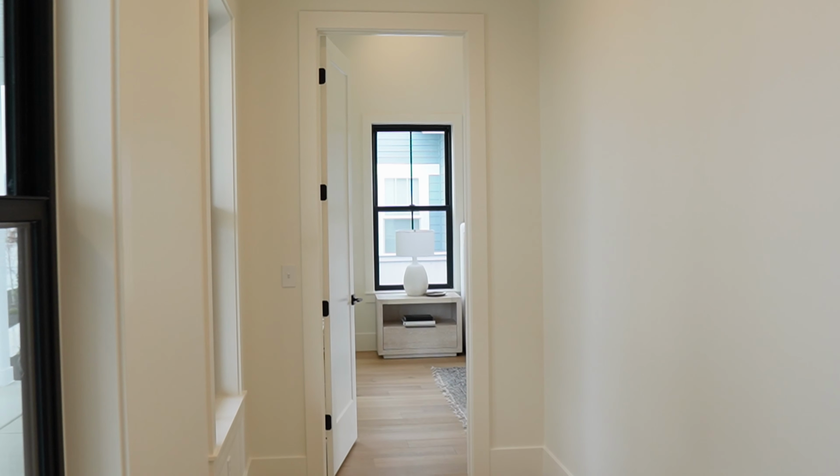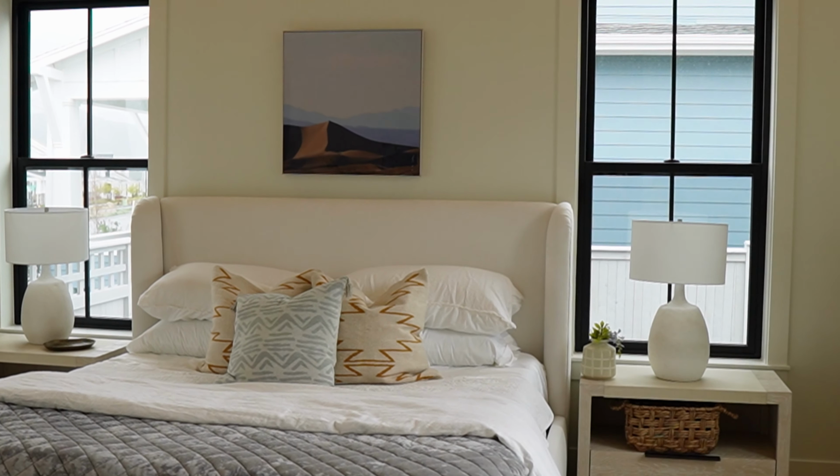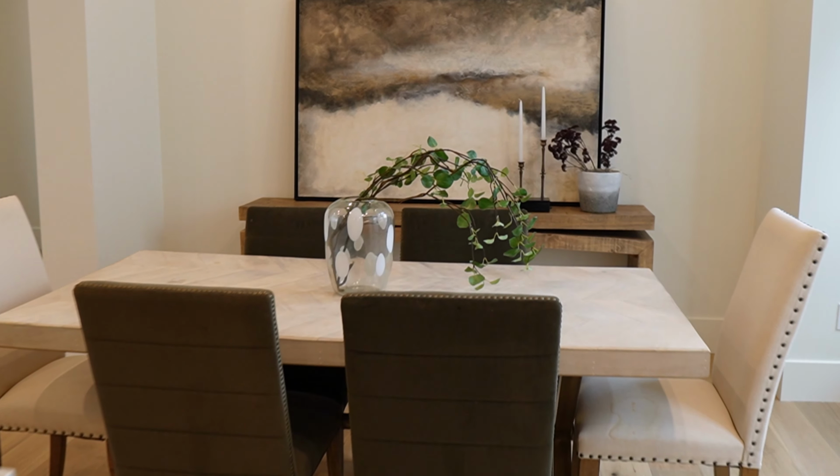All right, and as I take you through a tour of this particular home, keep in mind, this is a model home, so they typically deck out model homes, but Rainy does something a little different that I typically don't see from other home builders. The finishes that you'll see in this home are standard for everything that they always do. For the most part, there are some things that are obviously customized for the particular client that they're dealing with,